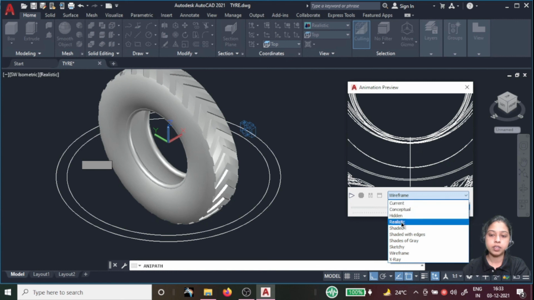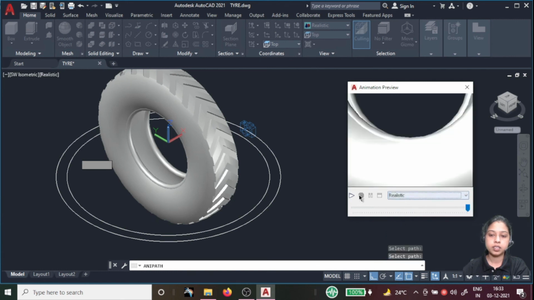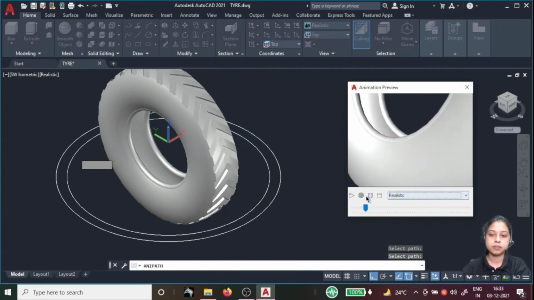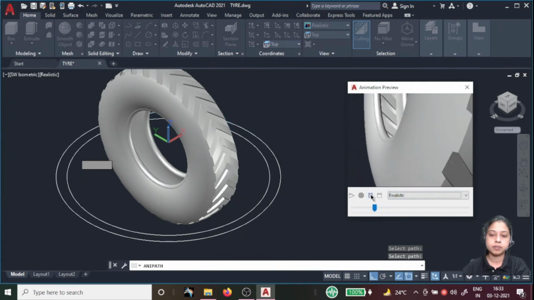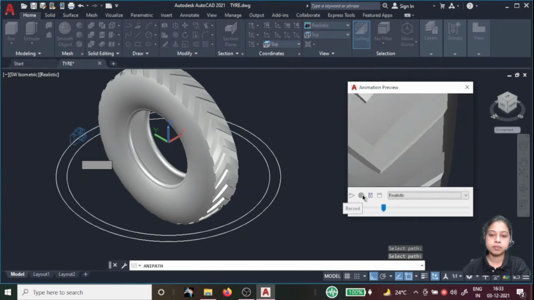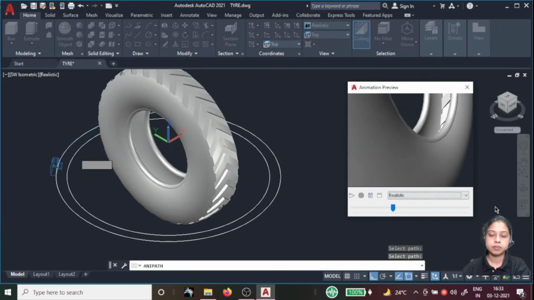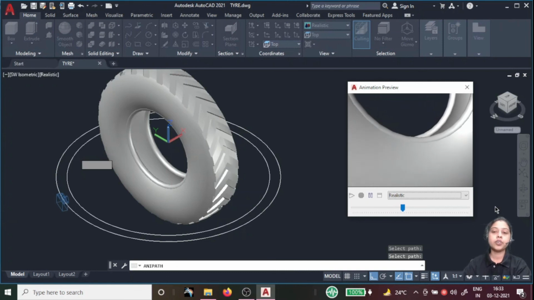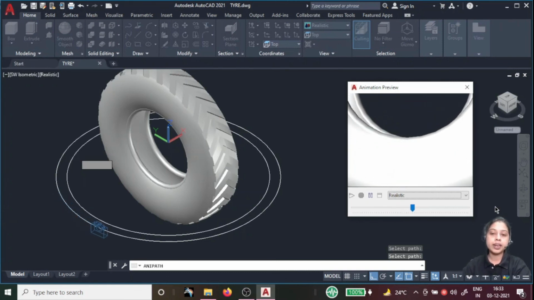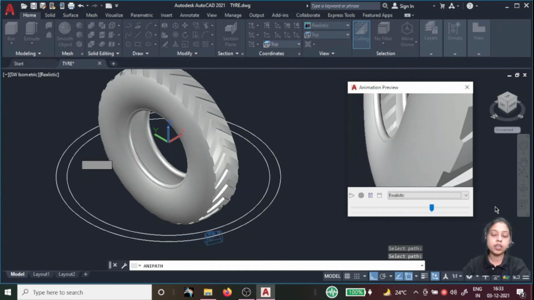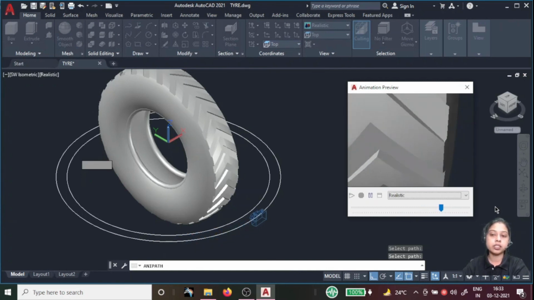And if I give realistic and play it again, you can see it. So this way you can represent any type of profile of your project.